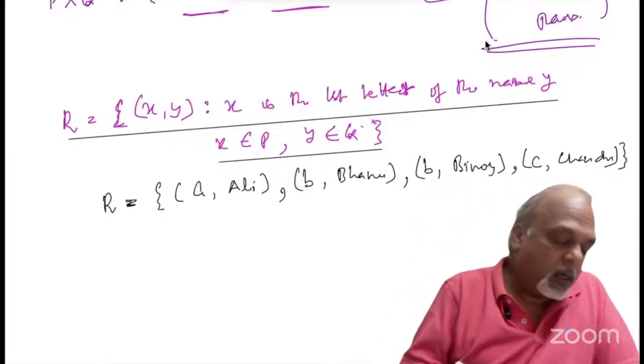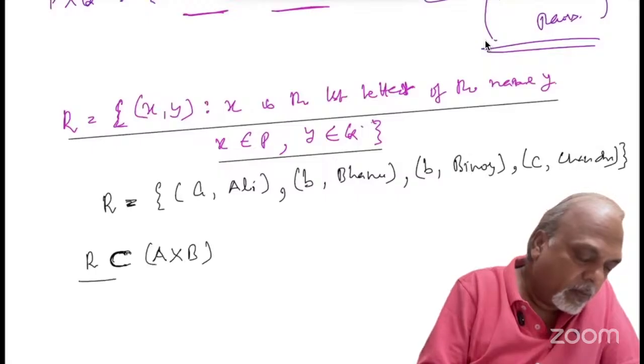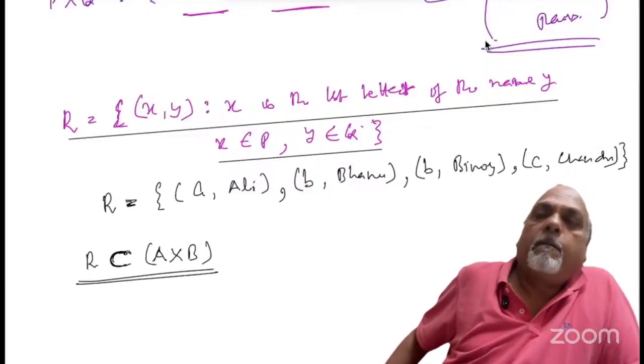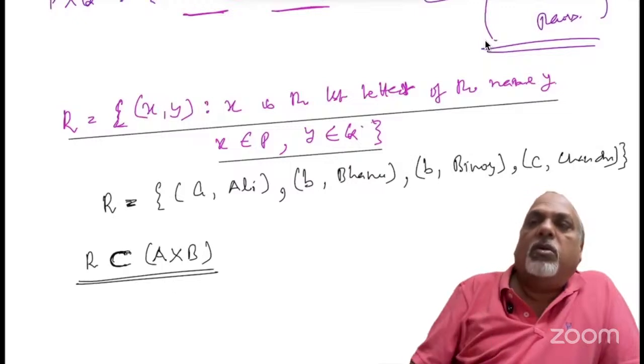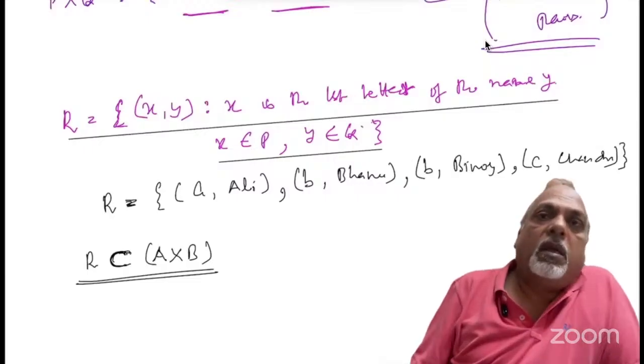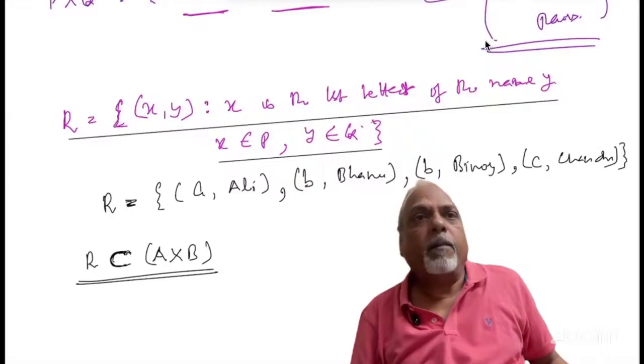If you see, R is what? R is nothing but the subset of A cross B. It will always be. If you define a relation, then you have to take out those ordered pairs which satisfy your relation, the condition of the relationship. Correct. So this is basically it. Now pictorially, if we can see,